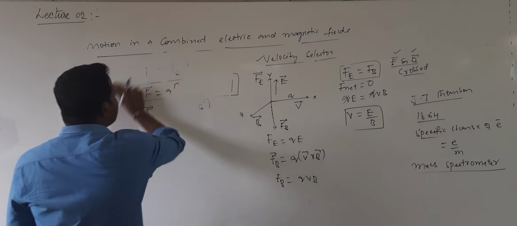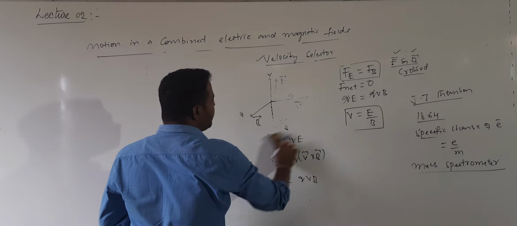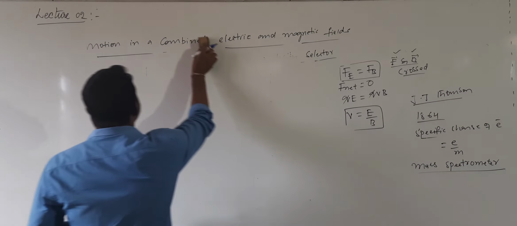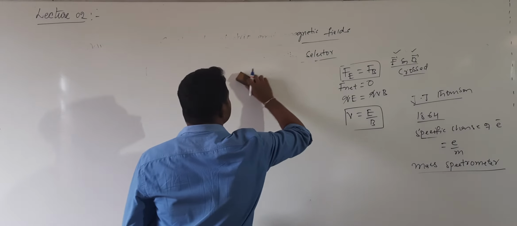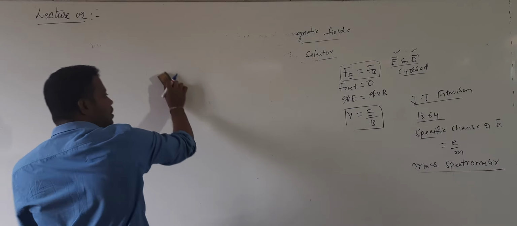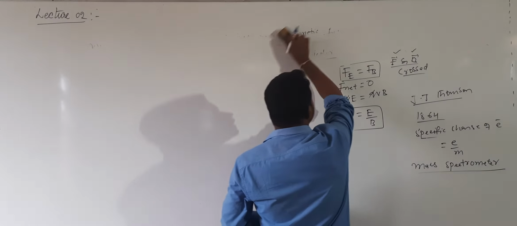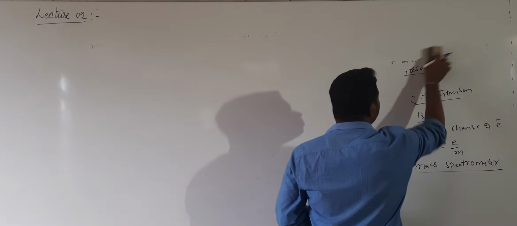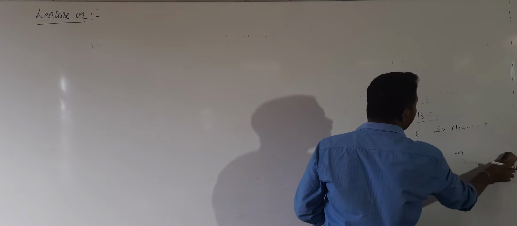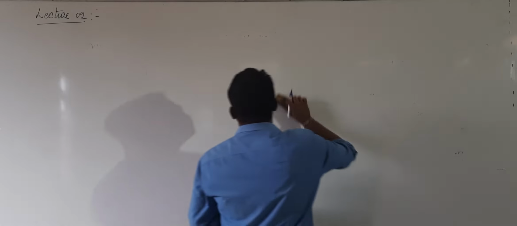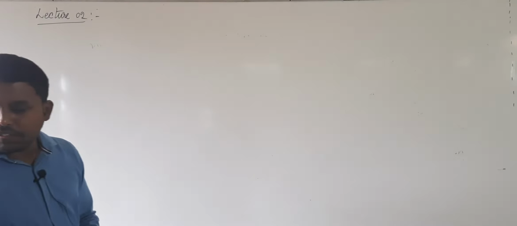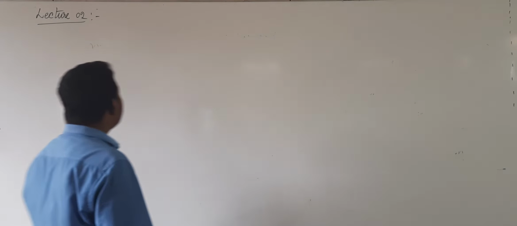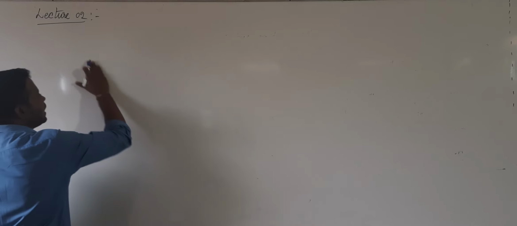From the marks point of view, I told you a 1 mark question was asked: the magnetic effect of electric current was discovered by the scientist Oersted. The next question: what is a velocity selector? Or otherwise, what is Fleming's left hand rule? Or when electric and magnetic fields are crossed, what is the velocity of a particle moving through crossed electric and magnetic fields? After that, now the first important 3 marks question of this chapter.